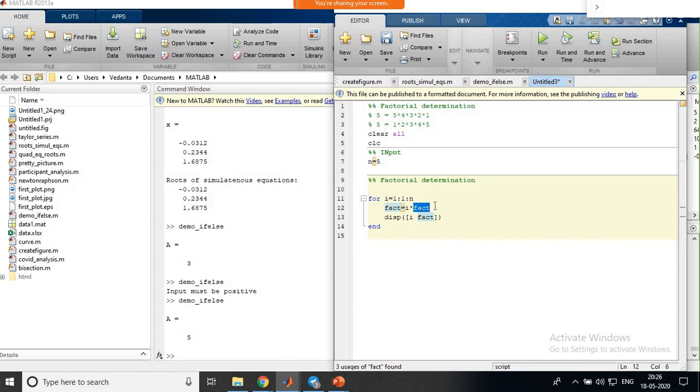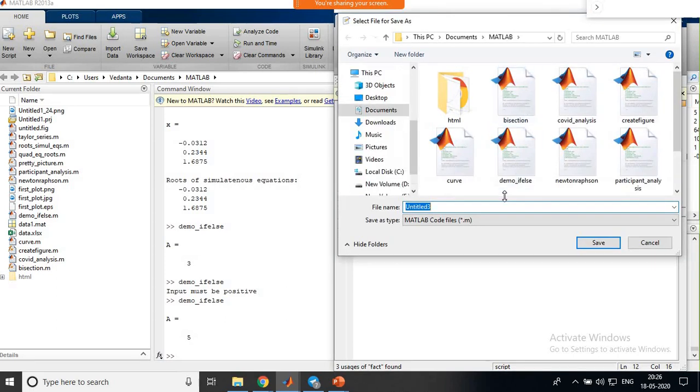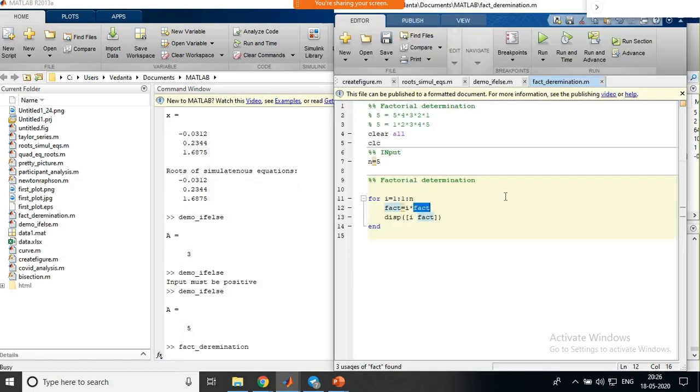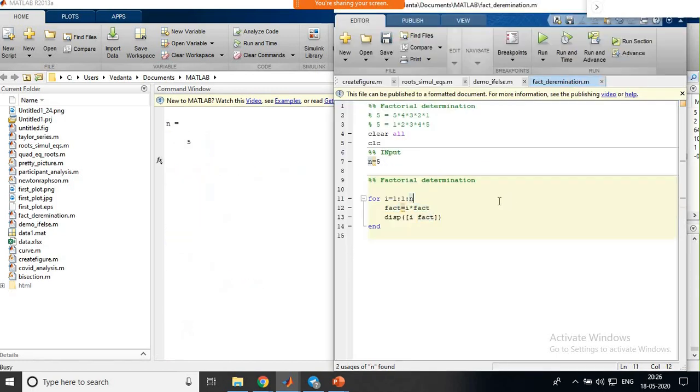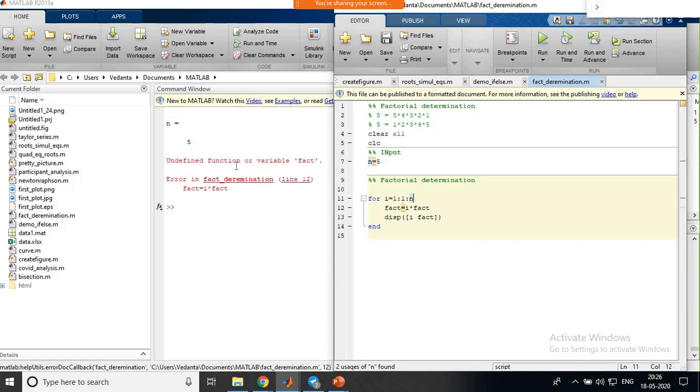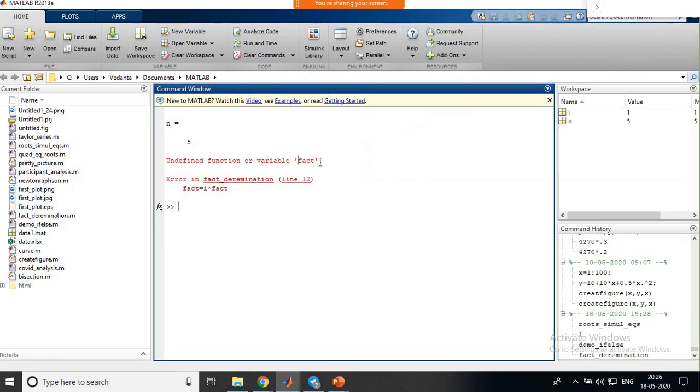Fact is, you should already know the fact. If it is not there, obviously it should return an error, and it shows an error. Fact determination, I will give the name for this. Okay, so it is now returning an error, an undefined function or variable, because it is not finding the value of fact